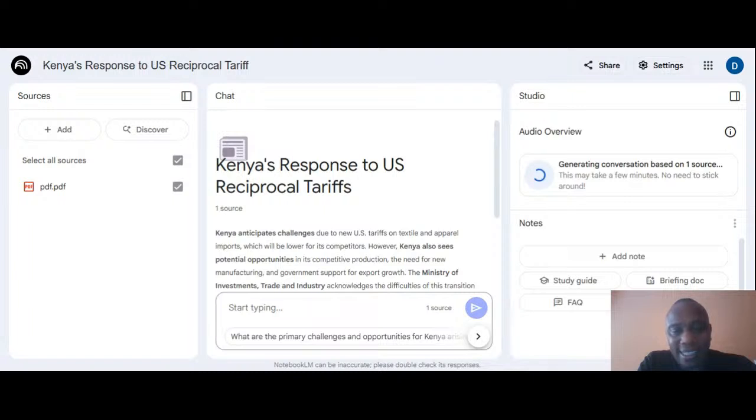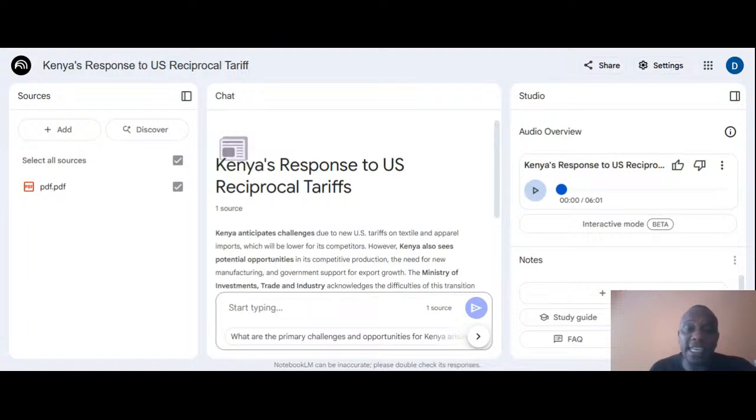So the challenge with this podcast is that Google has not made it possible for our own voices to be used. Therefore, they have been using two voices, a male and a lady, for all the podcasts that you want to make. But I know that is only a challenge they have right now. In the future, I know they are going to do much more by maybe adding a feature that can help you use your own voice. So you can see it has completed. So maybe we can listen to what